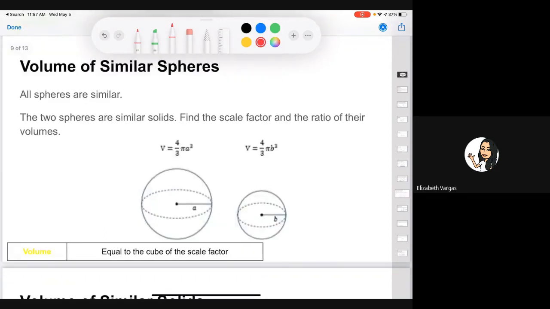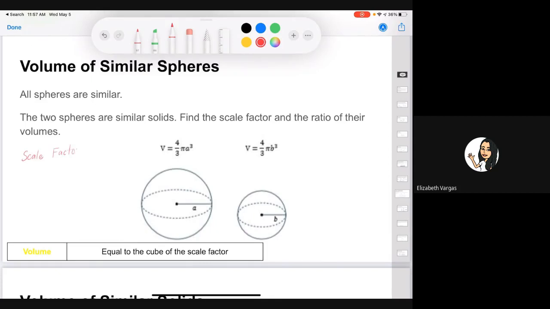So what about volume? How does volume change if we were to increase a dimension by a certain scale factor? Okay, so this tells us these two spheres are similar, right? Because they're both spheres. It says the spheres' volumes are similar. Find the scale factor of the ratio of their volumes. Well, what we know about scale factor